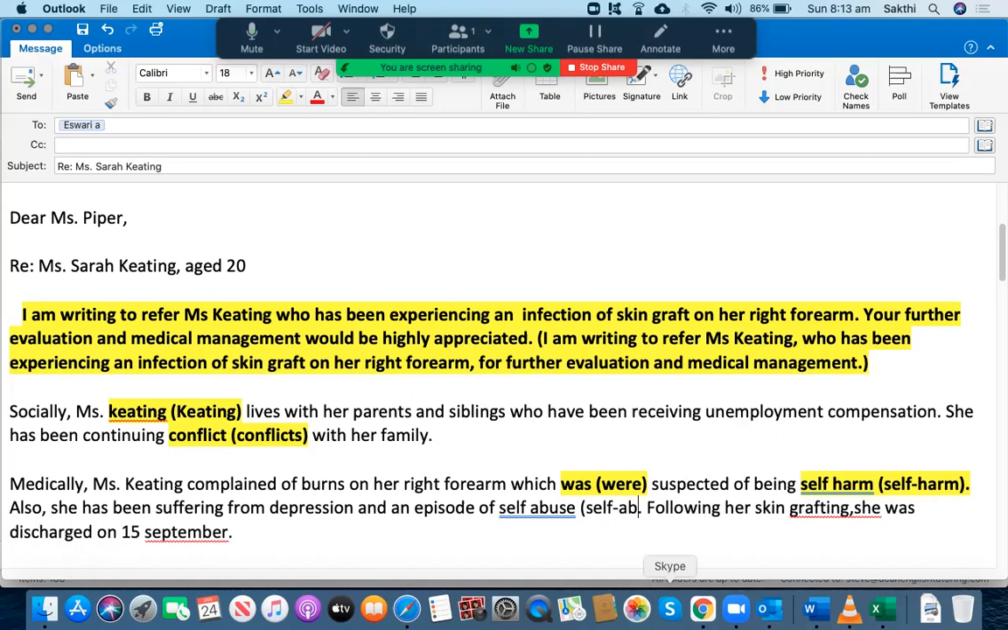Again, you should have written down self-abuse with a hyphen in between. So it's going to be one word only. Please do not write down two words. Okay,